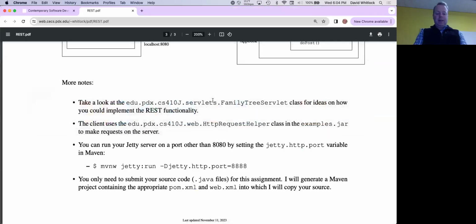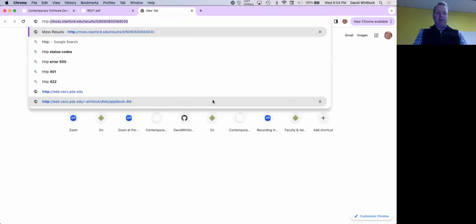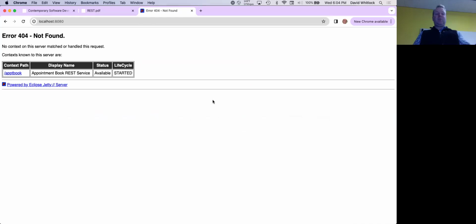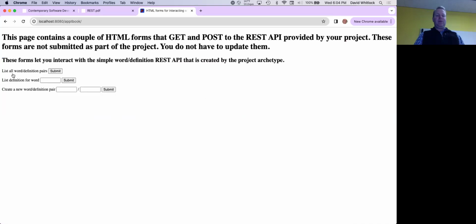And if I go back here and I hit the URL localhost 8080, well, something's running. It returned a 404 not found, but I said, hey, you can go to the appointment book. Yep, I want to go to the appointment book. And here is what the appointment book web application serves up by default, which is this index.html file that contains a form. We'll take a look at it later. But anyway, this is evidence that the